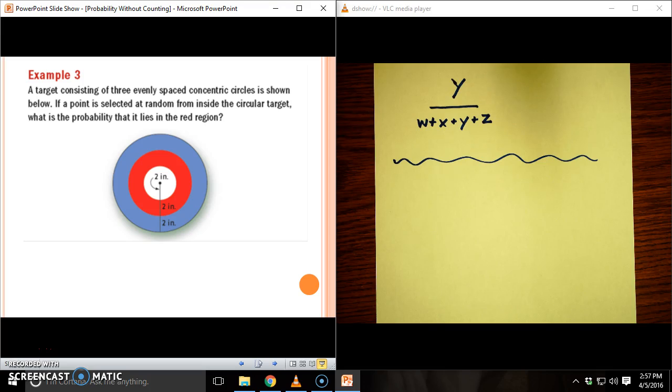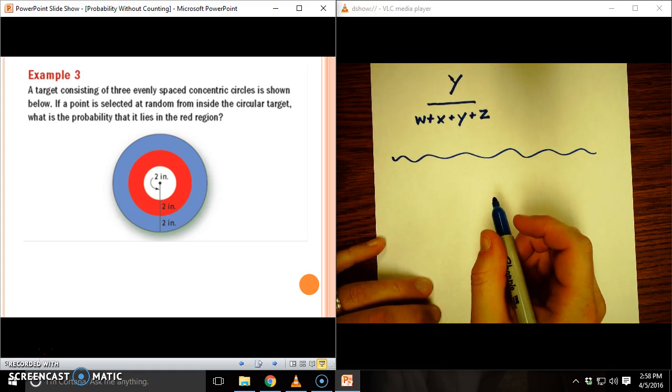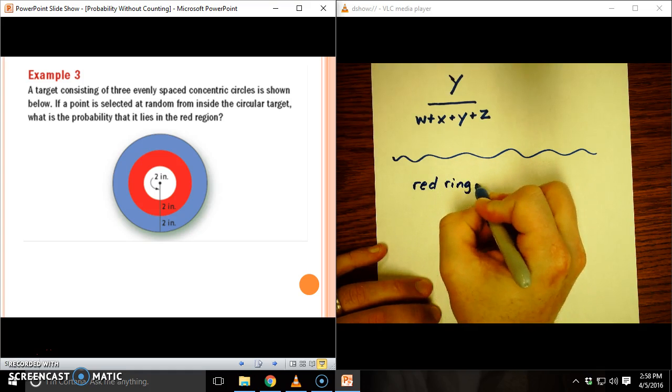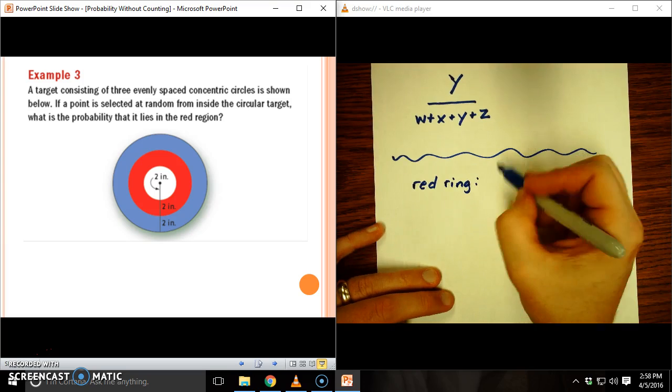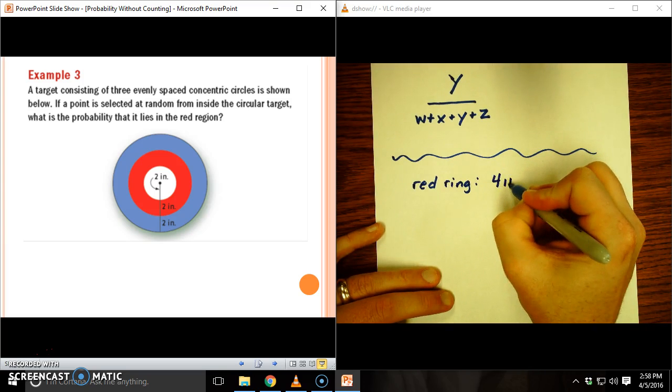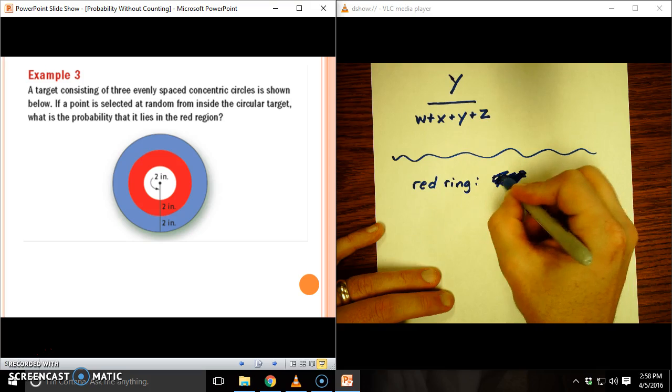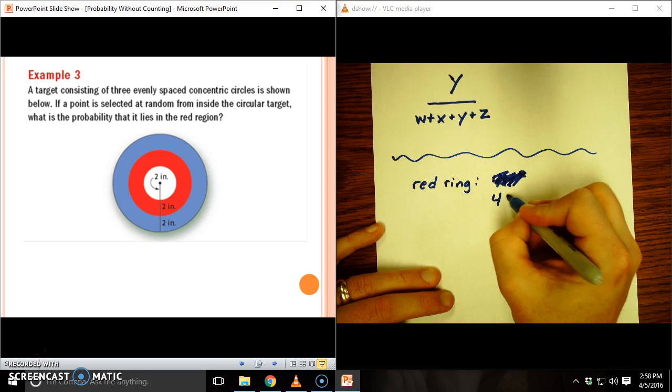The first thing I need to do is figure out what the red ring equals. So I have to figure out the red circle minus the white circle, because then that would be the event that I would be looking for, the event of interest. And so the red ring is equal to 4 squared pi